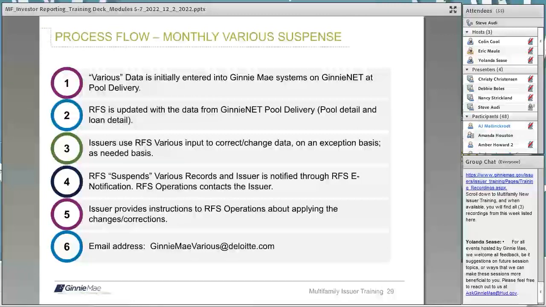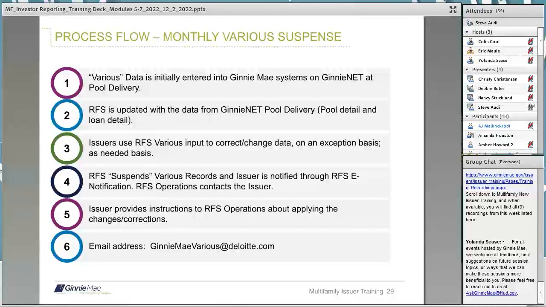You would submit a V record and you would make the change to one of those 4 fields. What happens when that occurs? Let's say you make a change to an LTV from one value at pooling to a corrected value on the V record. What occurs then is that loan is suspended, and